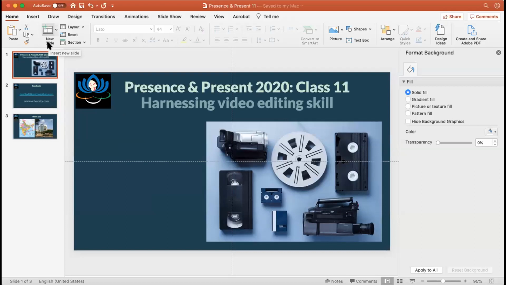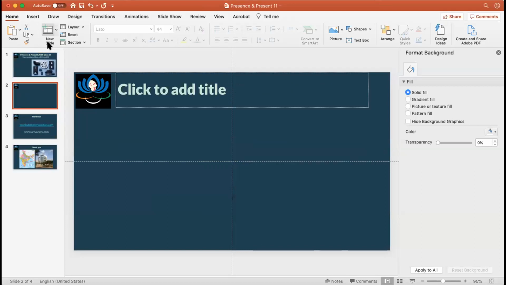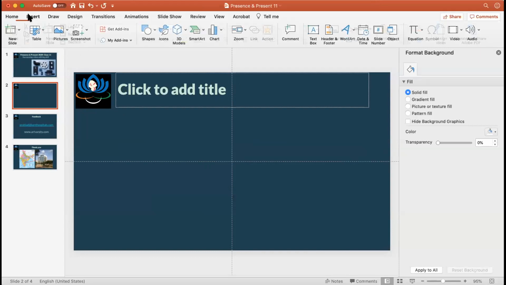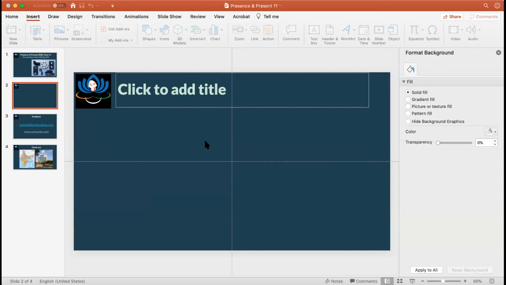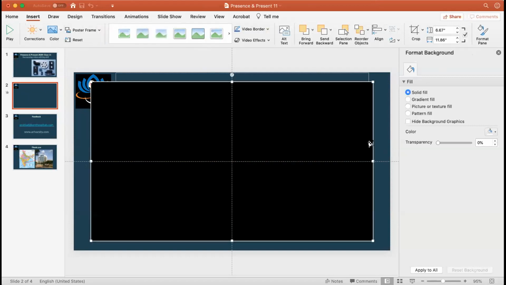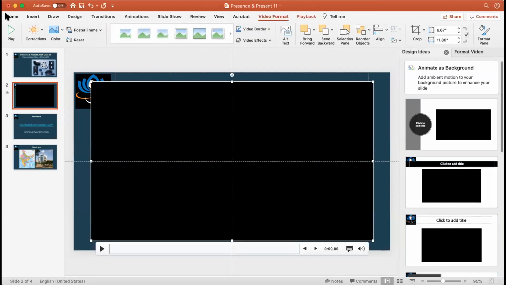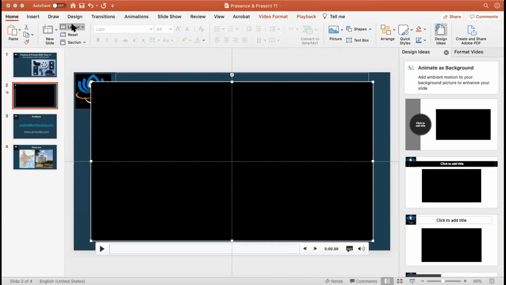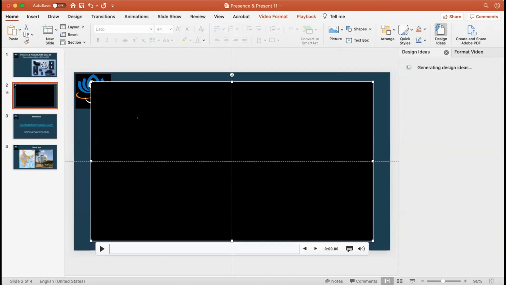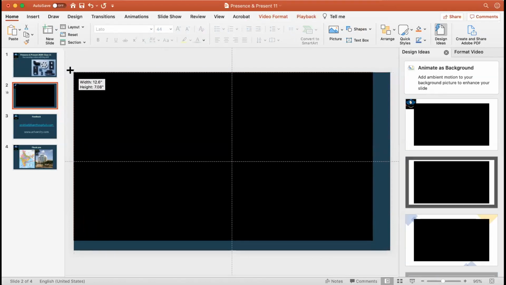So that is one more function I wanted to show you. Let me show you what it is. I'm going to add the video from a new movie file. I hope you are seeing the screen. I'm going to add the video from the desktop, canal wall down, and I've added the video. I don't want any text on this, so I'm going to go to home, layout, and make a blank layout. Then I'm going to resize the video to the slide size.